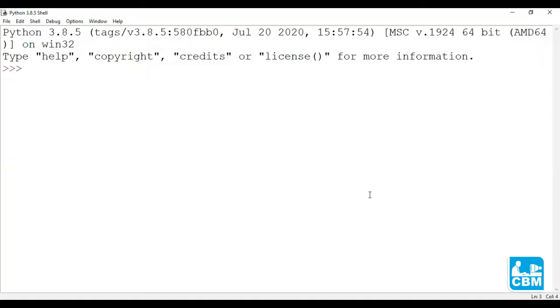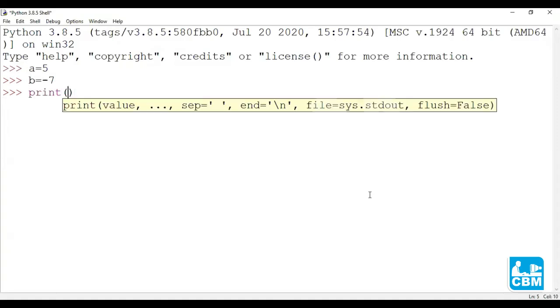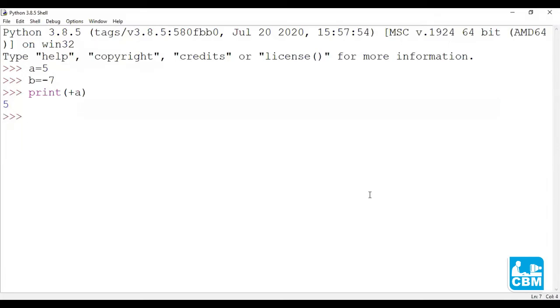I'm using the Python shell and writing the commands next to the command prompt. A is equal to 5. Enter. B is equal to -7. Enter. Now I want to print the value of A as it is. So I'm going to write print plus A and press enter.